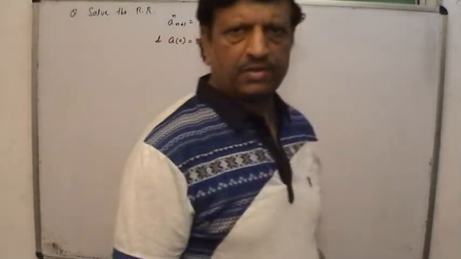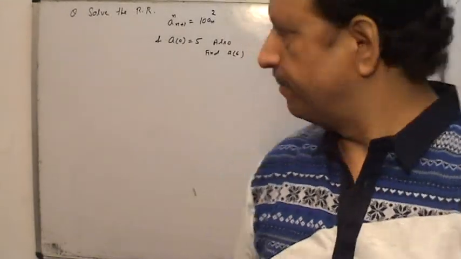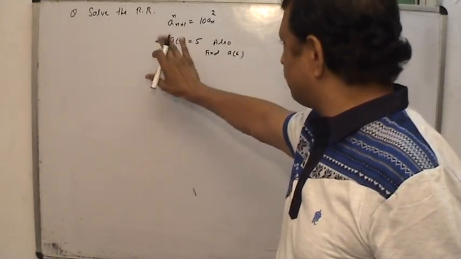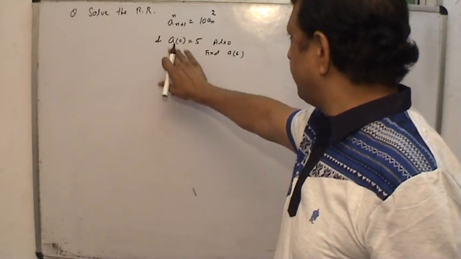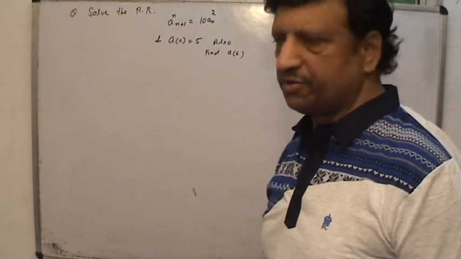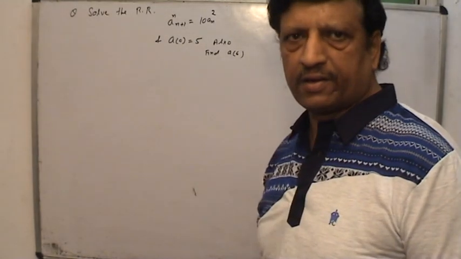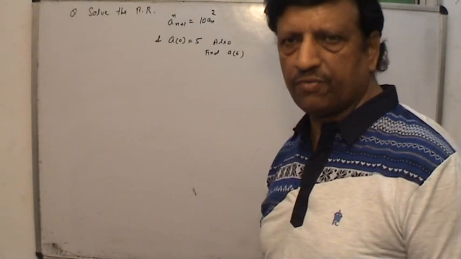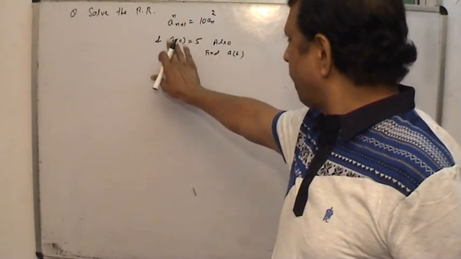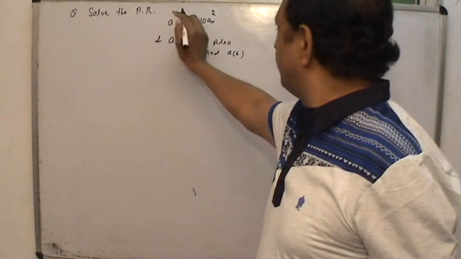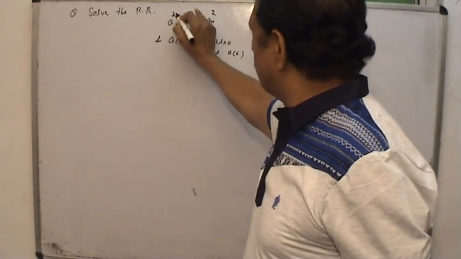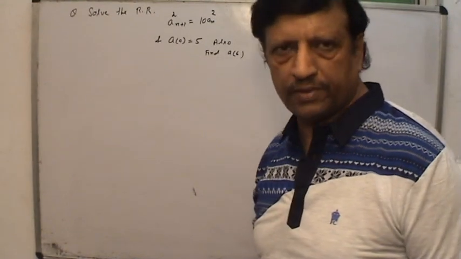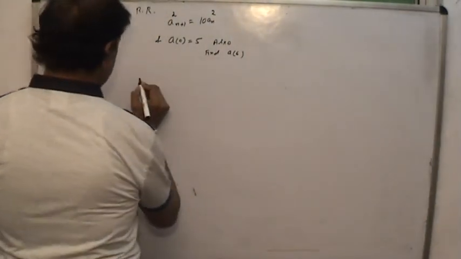Yes, it is a homogeneous recurrence relation. But what is the difference between the previous ones we discussed and this recurrence relation? They were linear recurrence relations. It is a quadratic recurrence relation. Rather, it is a very simple formation, but the problem is that it is in quadratic form. Then how to solve it? Simple, we follow the rules of algebra.